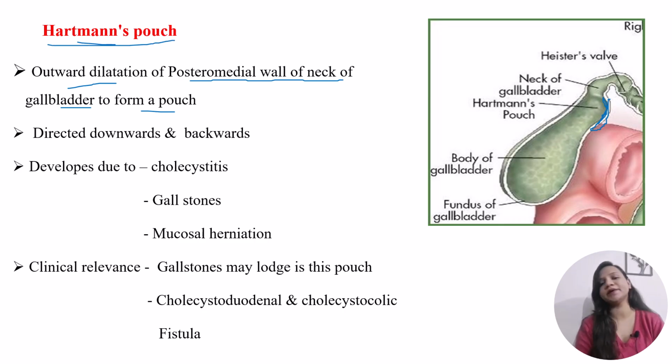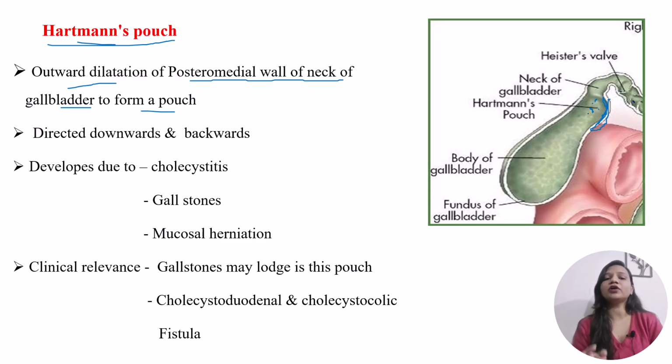Hartmann's pouch. Okay, this pouch is not always present. It is a pathological as well as anatomical variation condition. Okay, so what exactly happened here? The gallstone gets impacted at the neck of the gallbladder, or it can also happen that it gets impacted in the cystic duct,